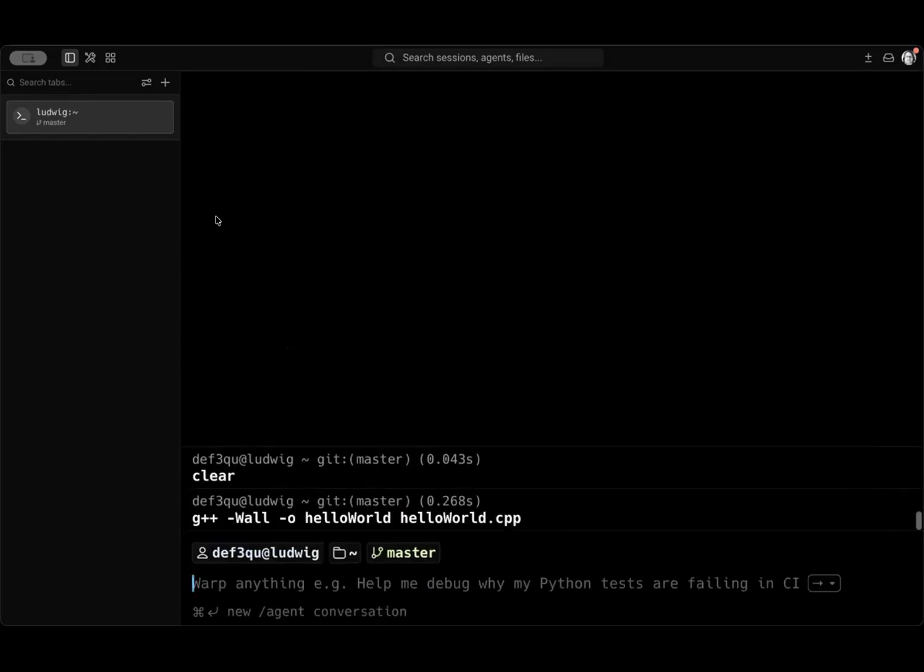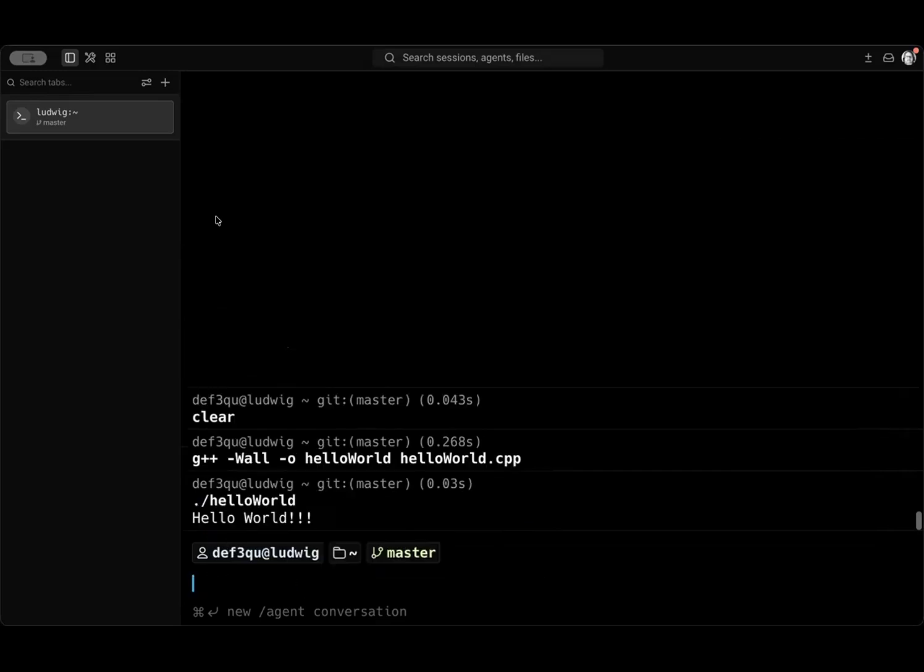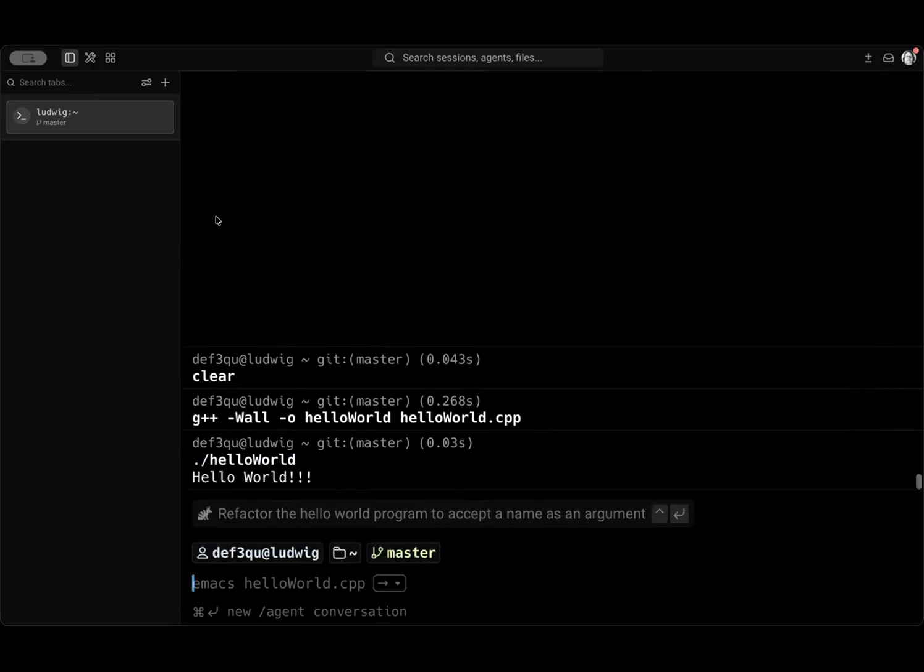So I do that. When it works, it doesn't do anything. Okay, it did nothing at all. It doesn't give us any feedback. But then I can do the dot slash hello world and it runs the program that I just created. Okay. So that's the basic idea of the flow.